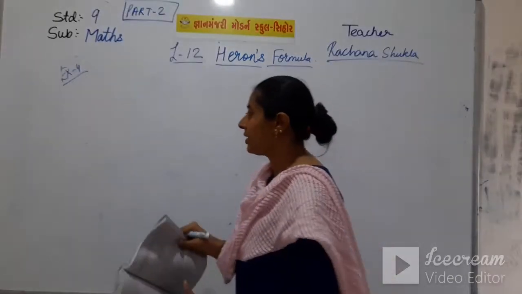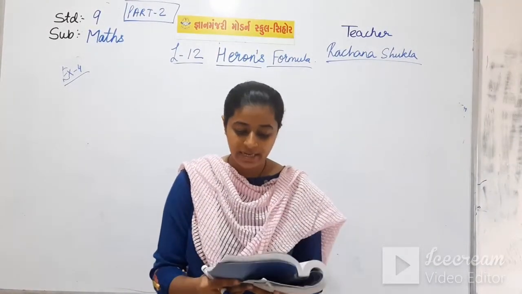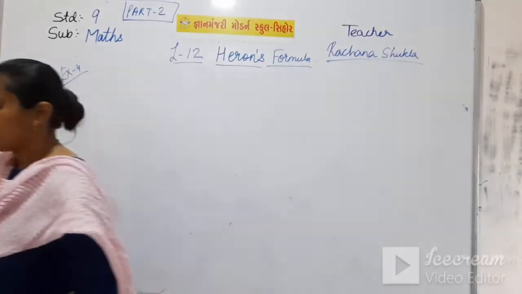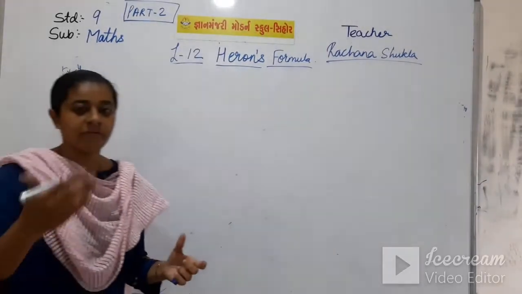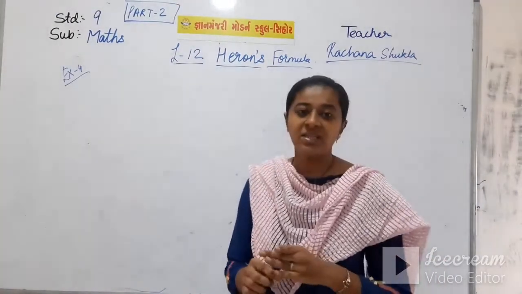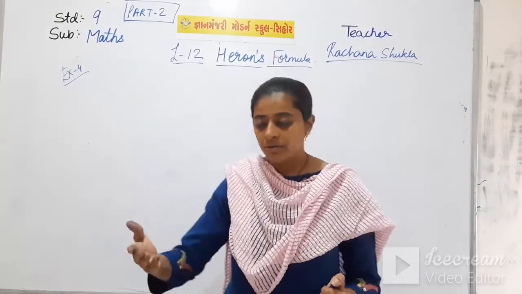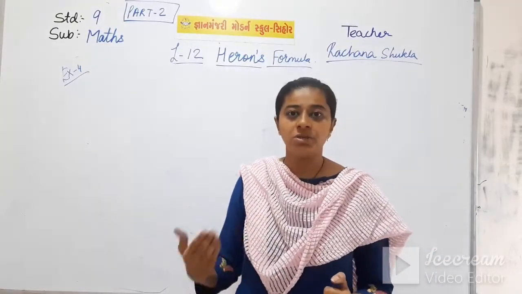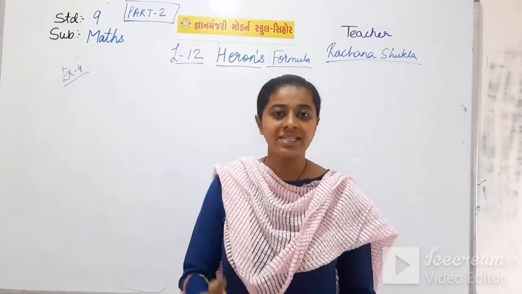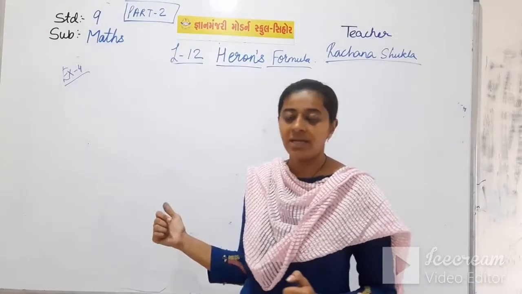The question goes like this: Kamla has a triangular field with sides 240 meters, 200 meters and 360 meters. Students, this is a very big question of 6 lines, so I am not writing the question on the board. Please take your textbook in your hand while studying this video and look in your textbook at what I am teaching you. Then only can you understand what I am doing here. That is example 4 of your textbook.